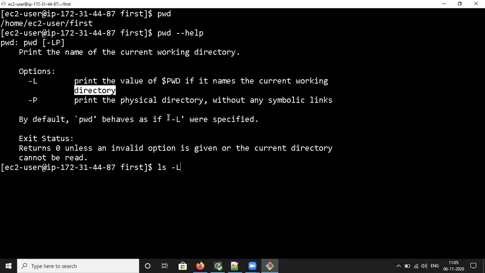It is going to give the two: one is hello, another one is second. Hyphen P, what is this hyphen P? It will print the physical directory, the actual path rather than the symbolic path.